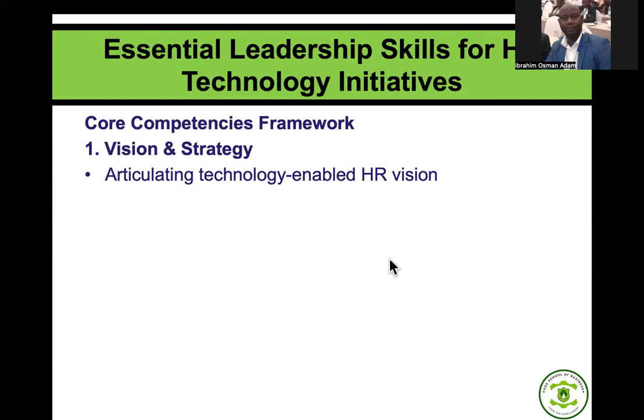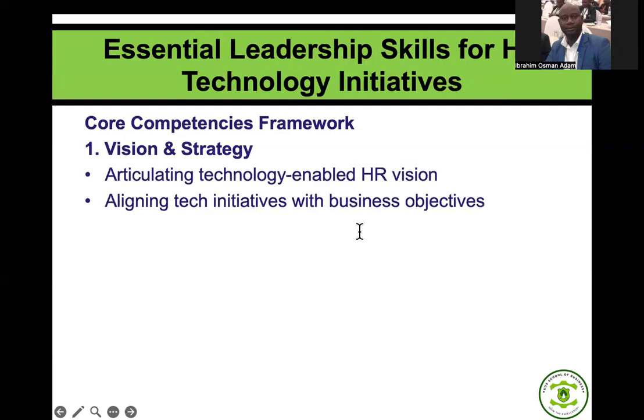Okay. Now, let's see some examples. Assuming we are implementing an AI-powered performance management system with advanced data analytic capabilities. But if you look at the nature of the organization, they don't see how this AI can come and support what they are doing. In that case, there will be some kind of a disconnect. But you also have to understand that as upcoming managers or as managers, it is important that we are able to align the technology initiatives we want to bring with what? The business objective.